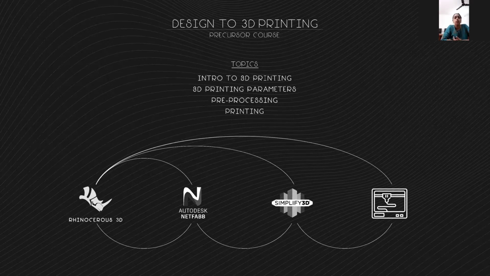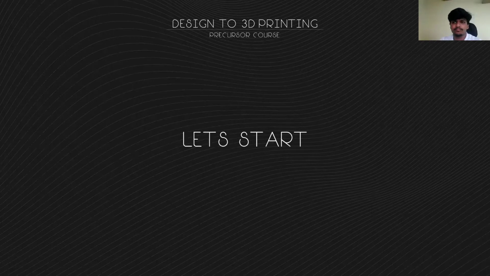We will actually go through the process of putting it in the pre-processing software before we give it to the machine. We will see how the machine works, and we'll also see what we are supposed to do once the machine is done with. So how do we remove supports? How do we make it final for the final output? So we are going to go through all these processes. We'll be using a number of software in between. Let's go on to the next slide. And let's start with 3D printing per se.